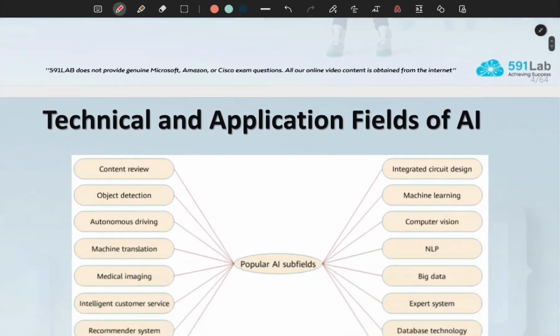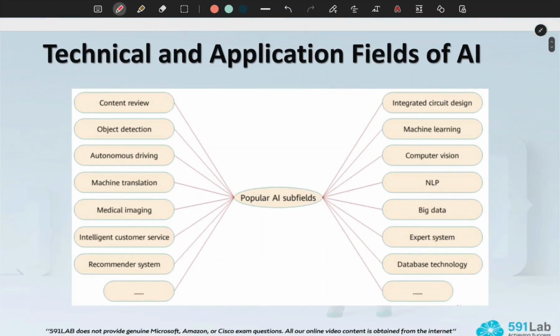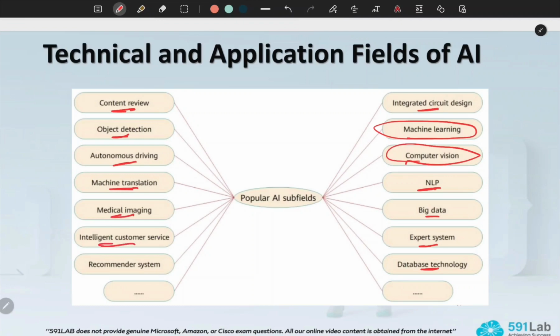Let's explore together the popular subfields of AI, the technical ones and the application areas. We can find here content review, machine learning, computer vision, NLP, natural language processing, big data, expert system, database technology, integrated circuit design, object detection, autonomous driving, machine translation, medical imaging, intelligent customer service.